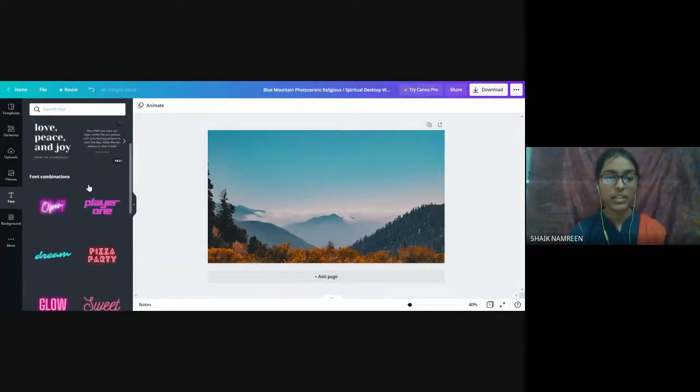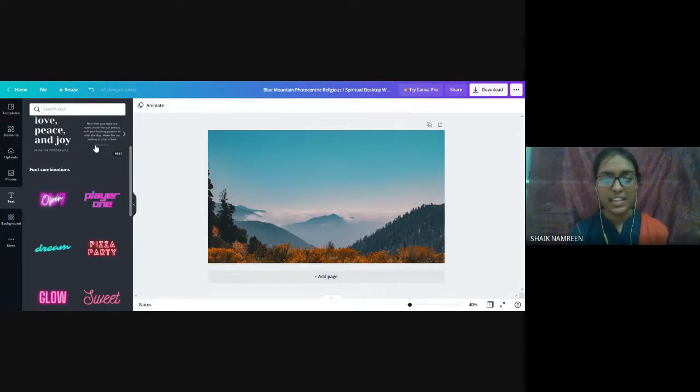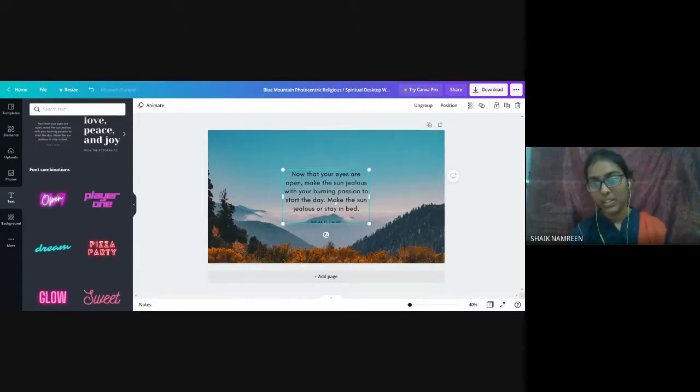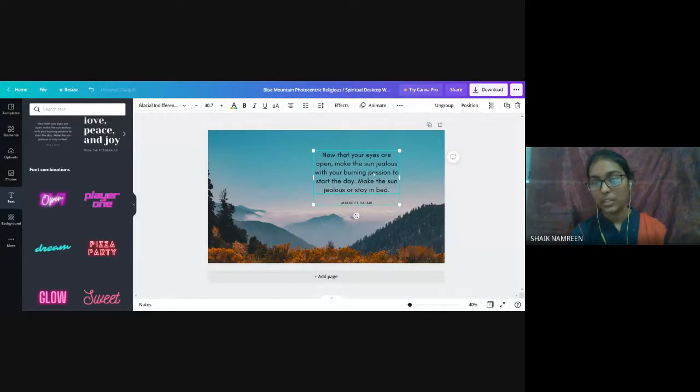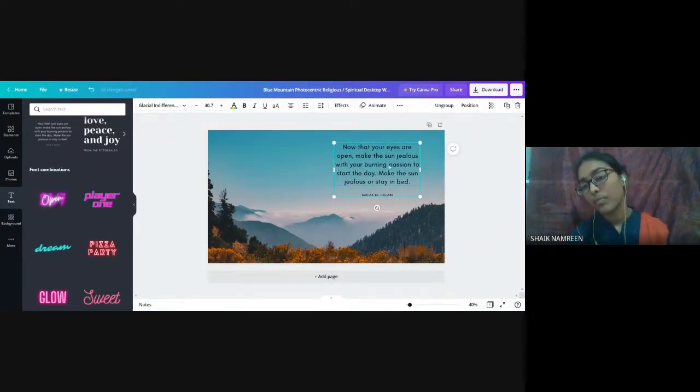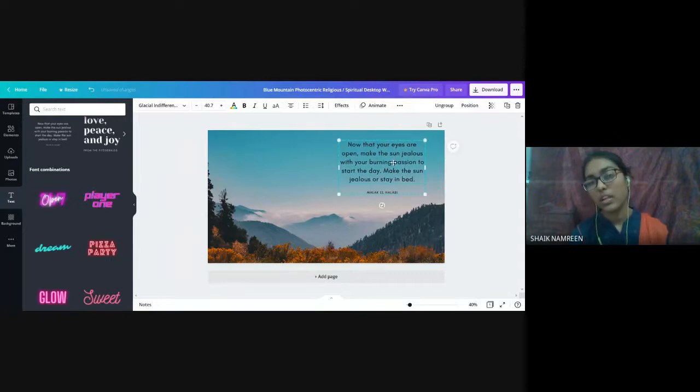You can see the text options too. We'll select this one. You can keep your thought here. You can delete this element.